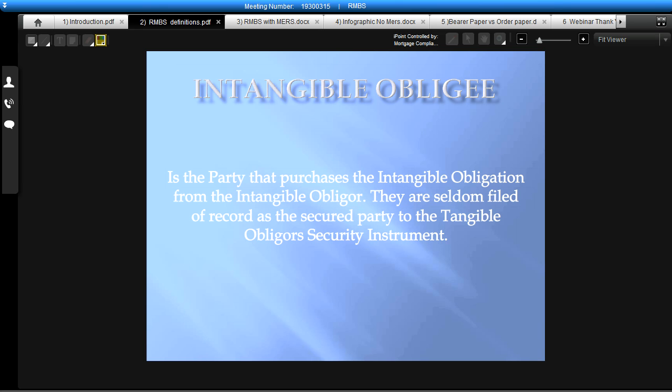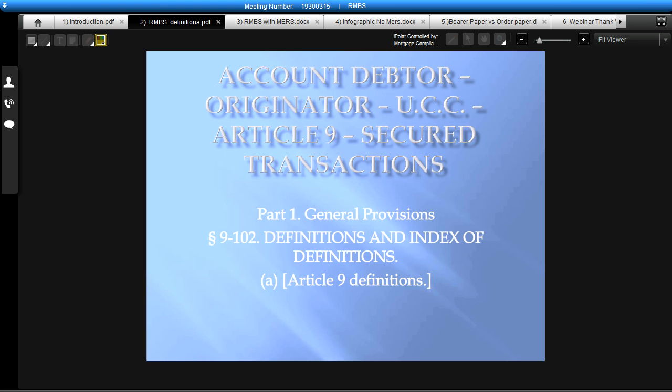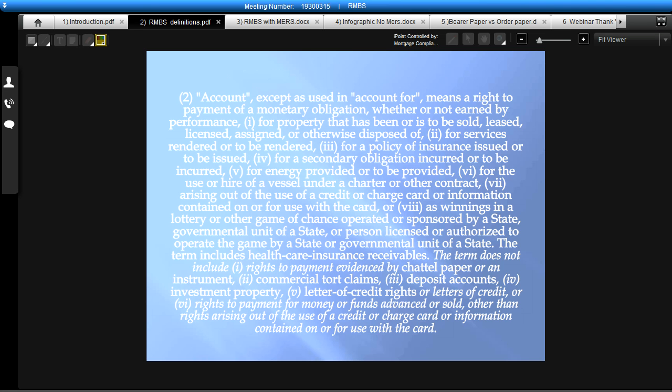The account debtor, originator. So under UCC Article 9, Secured Transactions, if you look in the general provisions under 9-102, definitions and index of definitions, when we go through the definitions, it talks about an account, except as used in "account for." It means a right to payment of a monetary obligation, whether or not earned by performance,